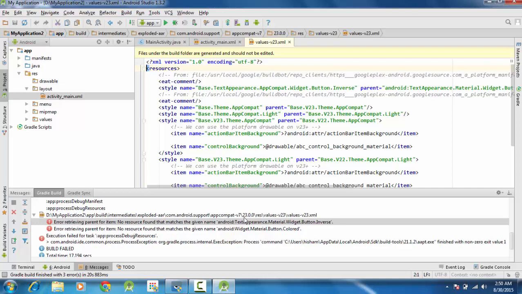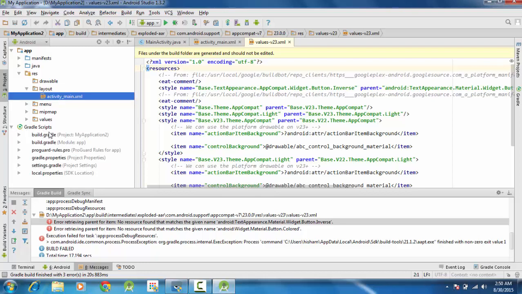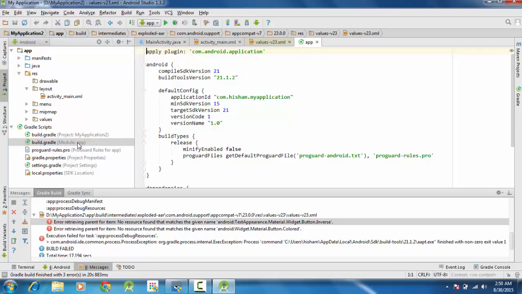So what we can do in this scenario, we can open this Gradle scripts, open build.gradle module app,